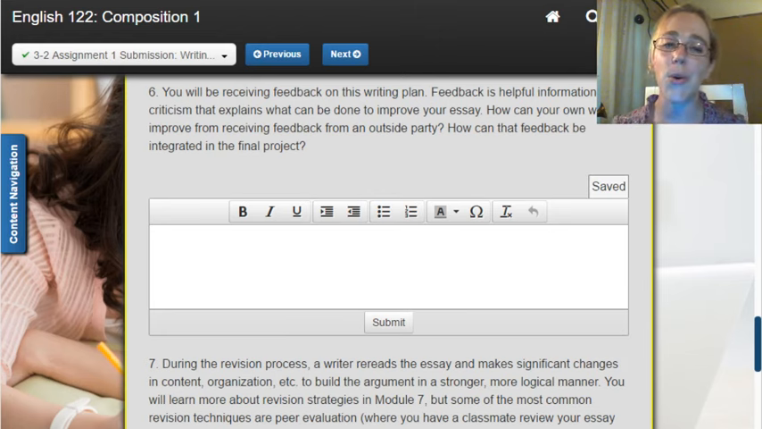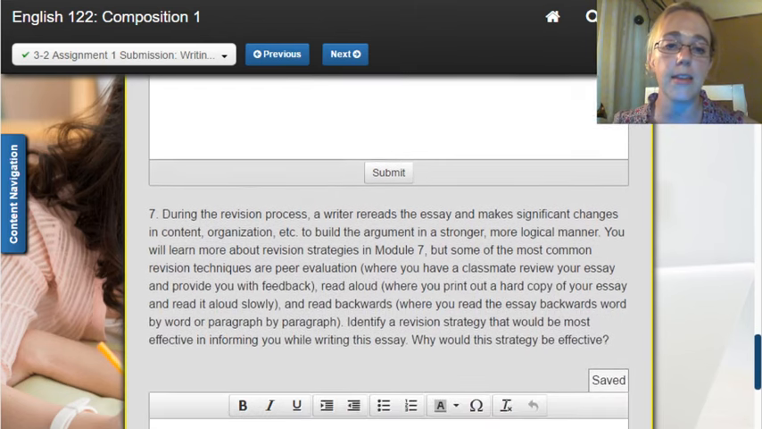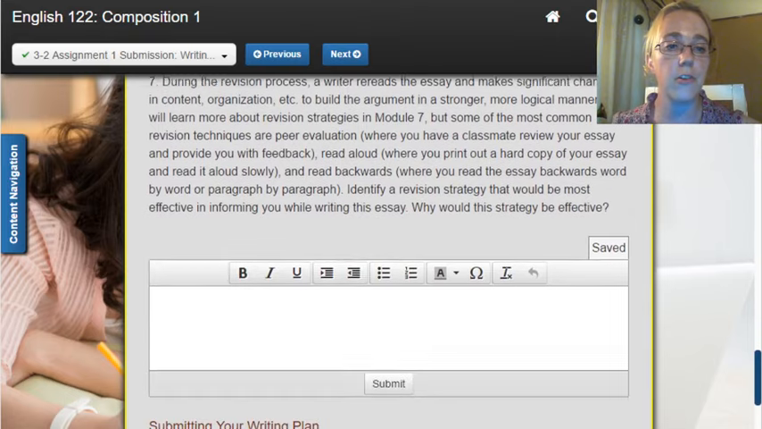So how can your own writing improve from receiving feedback from an outside party? And how can you integrate that feedback into the final project? Essentially, what feedback is effective for you and how do you use it? Okay, remember, we're pushing for 5 to 8 sentences for our paragraphs, and make sure you're hitting that submit button